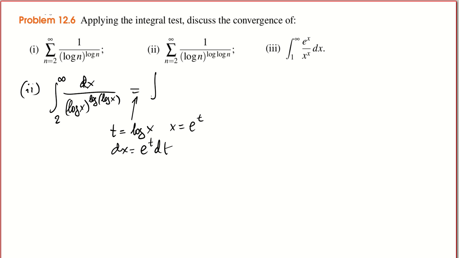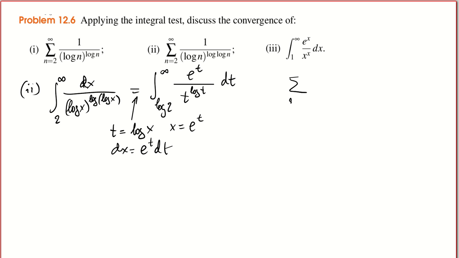We substitute here, we have the logarithm of 2, and here we have infinity. Then we have, in the denominator, t to the logarithm of t. In the numerator, we have e^t dt. And just as we've done before, instead of deciding about this integral, which looks still complicated, we're going to decide